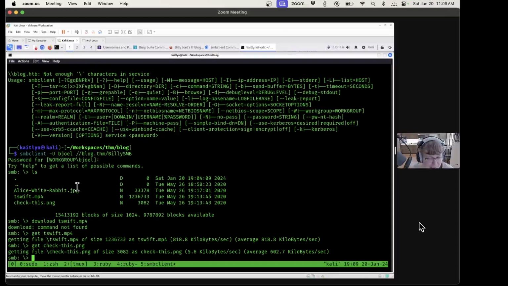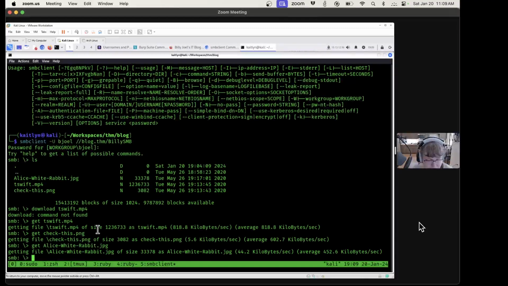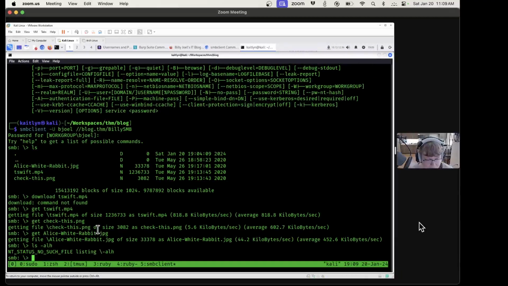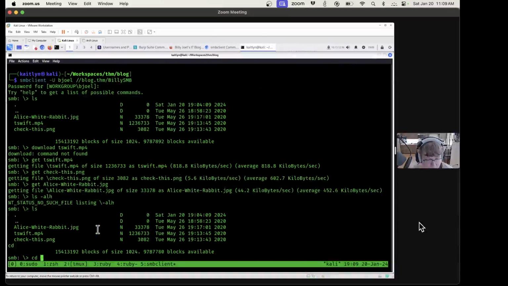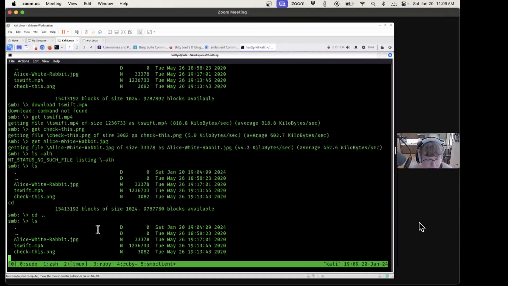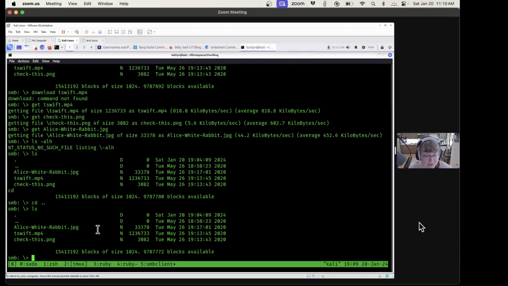We got an image file, and we'll get Alice and the White Rabbit. And we can read and write and stuff here too, which is important, but